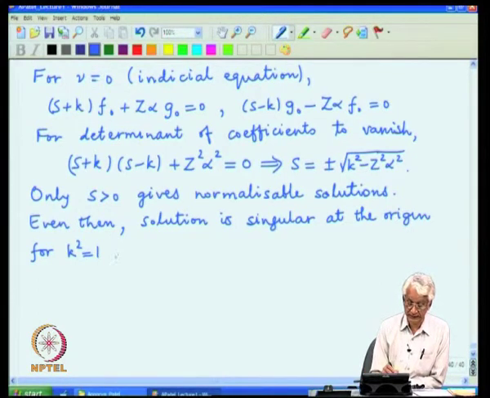So, the solution indeed blows up at r equal to 0,